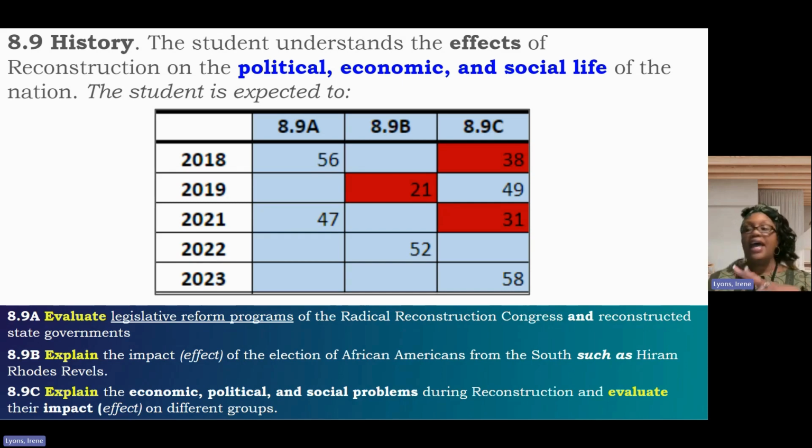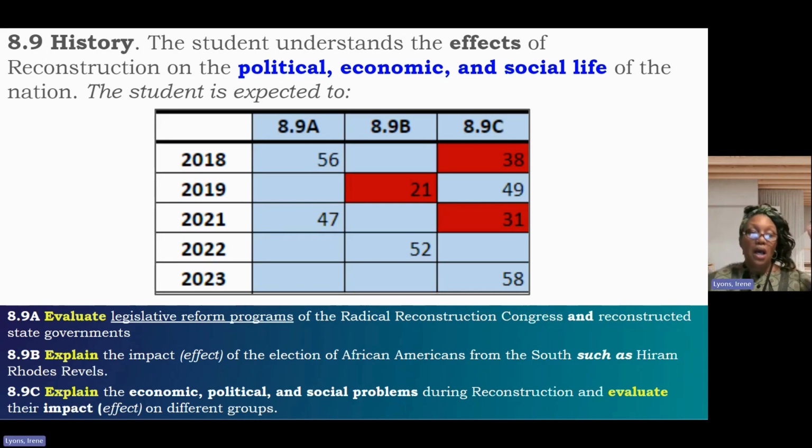So let's take a look at the actual SEs. At the bottom of the screen, we see 8.9A. And according to this SE, students need to be able to evaluate. When students evaluate, they actually formulate an opinion based on facts. So the students need to be able to evaluate legislative reform programs of the Radical Reconstruction Congress and reconstructed state